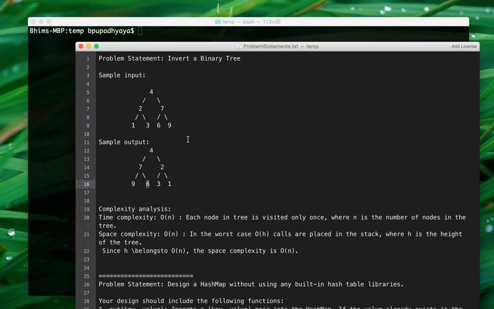Very real quick complexity analysis. Time complexity is order of n, because each node in the tree is visited only once, so the maximum number of elements is n. Actually, n represents the total number of elements in the tree, and then the space complexity is also order of n. In the worst case, as stated in line number 21, order of h calls are placed in the stack,